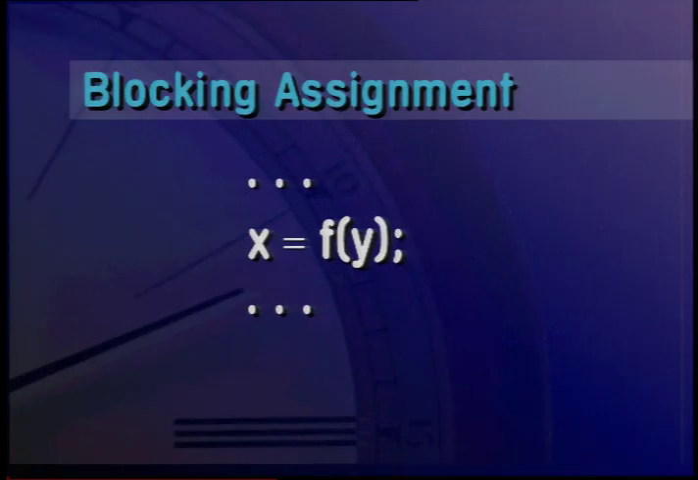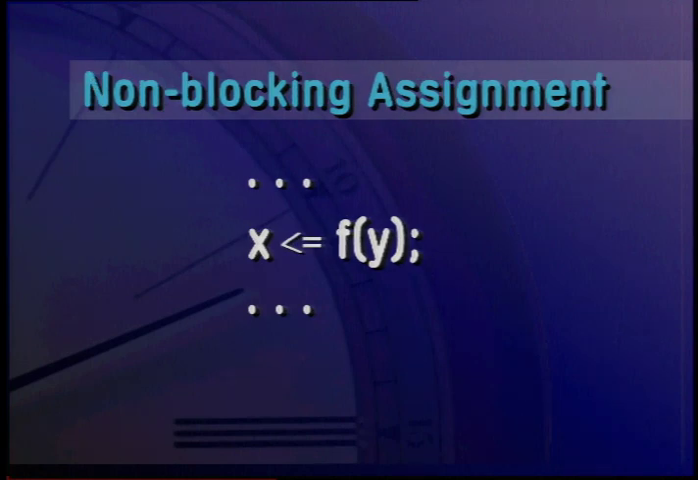Now let's look at the difference between blocking and non-blocking assignments in procedural code. A blocking assignment is one in which the right-hand side expression is evaluated and assigned immediately to the left-hand side. A non-blocking assignment is an assignment in which the right-hand side is evaluated and saved in a temporary location, and the assignment is done to the left-hand side at the end of this time step, after all right-hand side evaluations